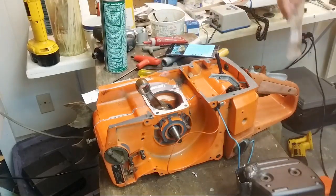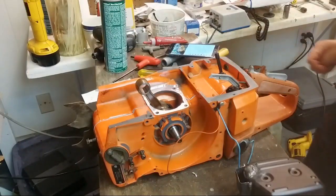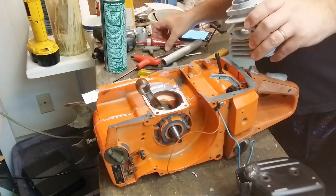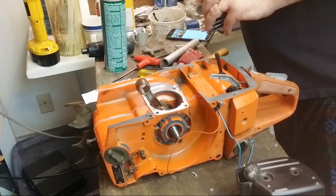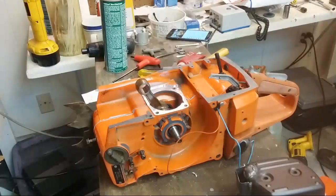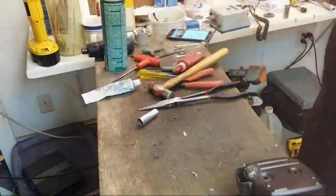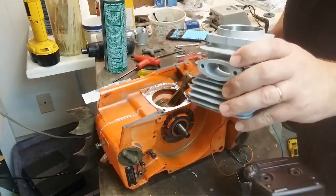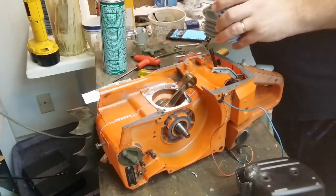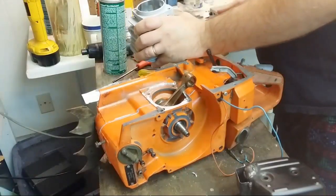Would be useful if I found the ring, wouldn't it? Where's the new ring? Where'd that go? Lord knows. So what I want to do eventually here is take the ring and stick it in the head and make sure the transfer ports are nice and even. They probably are, but